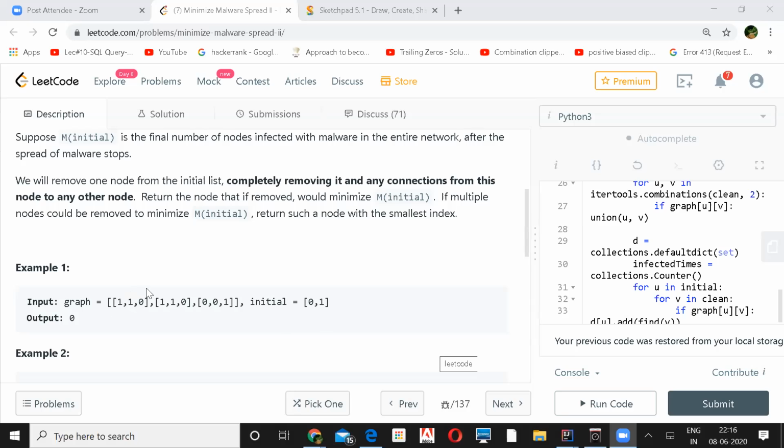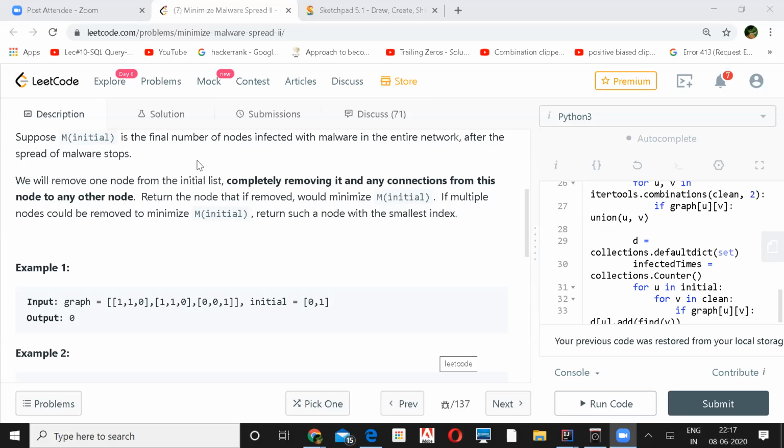So here you'll find the node with the smallest index which won't be affected. If we take initial as 0 and 1, those are the ones which will get infected, right? So first we need to run through them and see how many are getting infected.